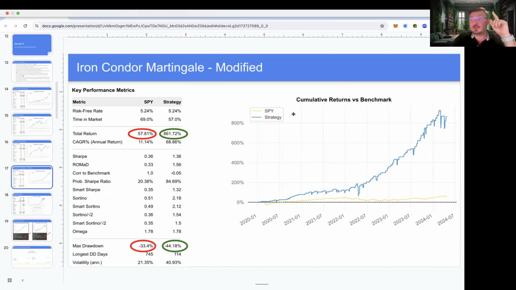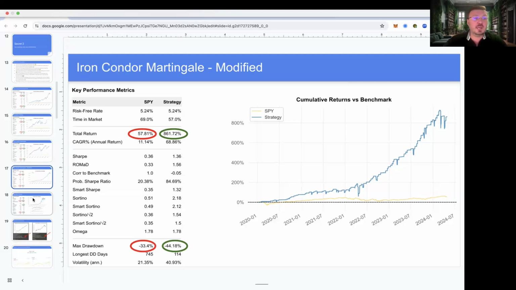And I've actually been running this algorithm and it's been making a crap load of money. This is a backtest, but we've actually been running this thing and it's been killing it. I'll show you the actual real results of how this thing's been trading. I'll show you that very shortly.